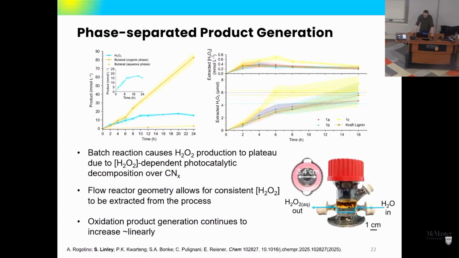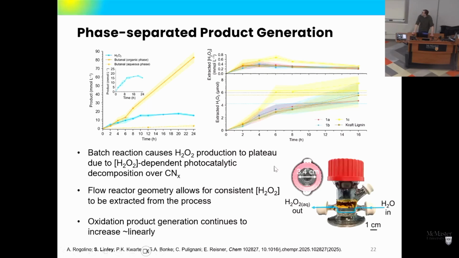And so when we run this reaction in batch, what we see happening is our butanol product, so our oxidation product, shown in orange here, linearly increases over time. We're able to continuously get butanol production, but the concentration of our reduction product, the hydrogen peroxide, plateaus at a certain point here. And the reason for that is we're actually getting photocatalytic decomposition of our product over the carbon nitride once it reaches a certain concentration. And so in order to avoid that, we looked at transitioning from these batch reactor